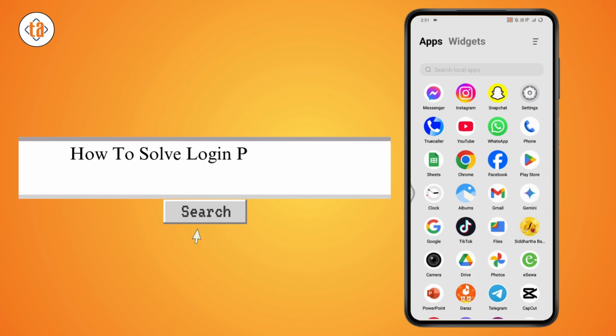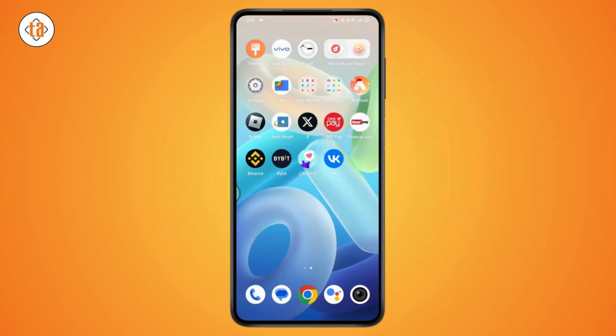How to solve login problem on Litmatch app. So if you want to solve the login problem on your Litmatch app, then what you need to do is first you need to check your internet connection. And even after checking the internet connection, if it doesn't fix your problem, then you can just open up your